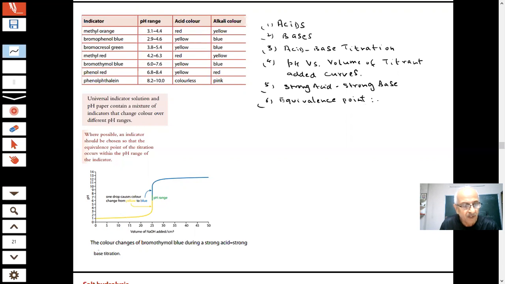When you have added equal moles of base to equal moles of acid, what will be the result of that? That is the equivalence point. And you are saying neutralization takes place, but you have seen that for strong acid and strong base the pH is around one value, and for weak acid and strong base, strong acid and weak base, and weak acid and weak base, the values are different. At the equivalence point, the pH will be neutral, right?